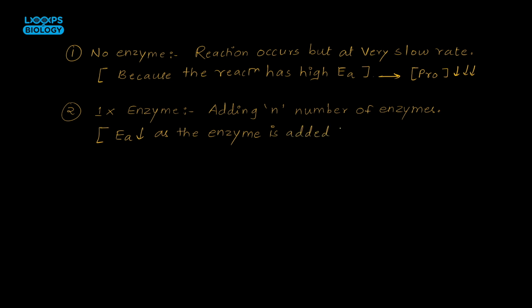But because of the limited number of enzymes, the product formation is based on the number of enzymes. If suppose 100 enzymes are added, then 100 products will be obtained if the reaction takes place in 1 minute, suppose. So the number of enzymes is limited, then the rate of